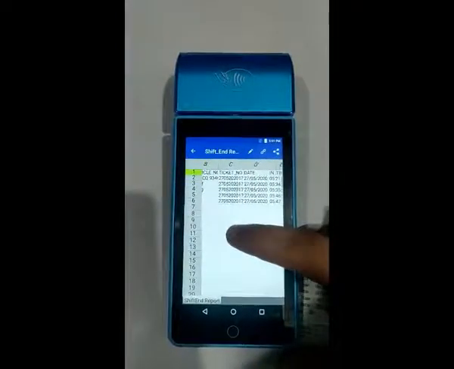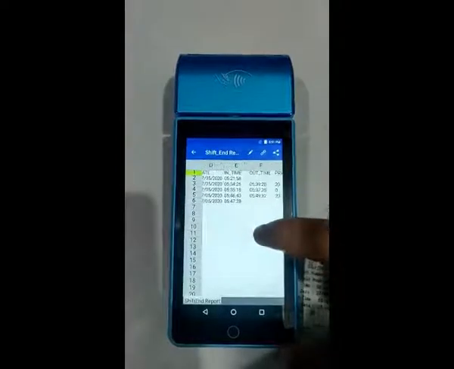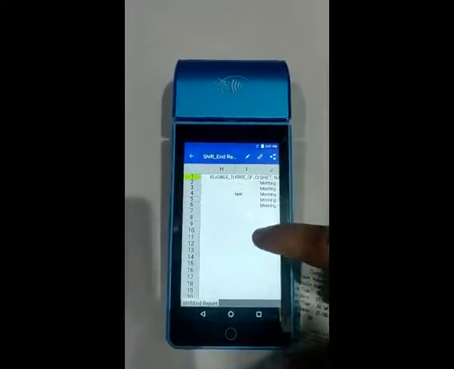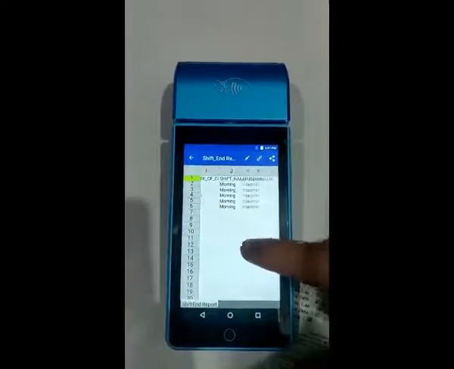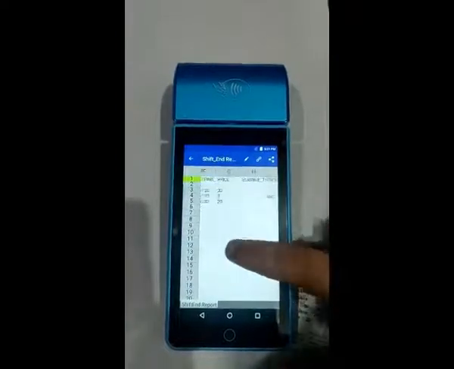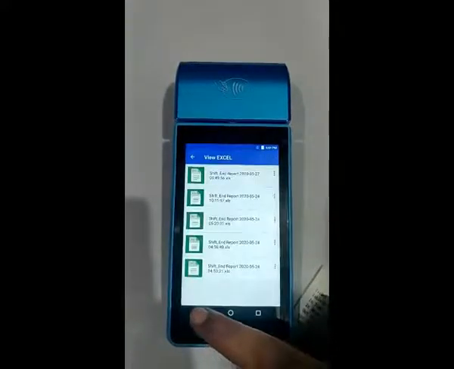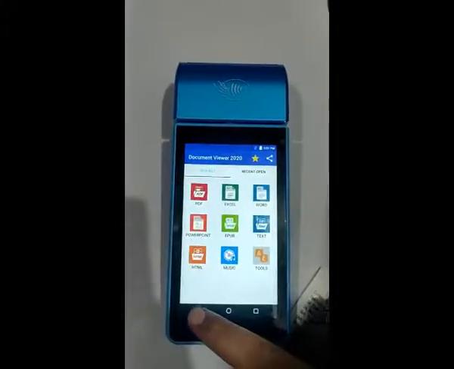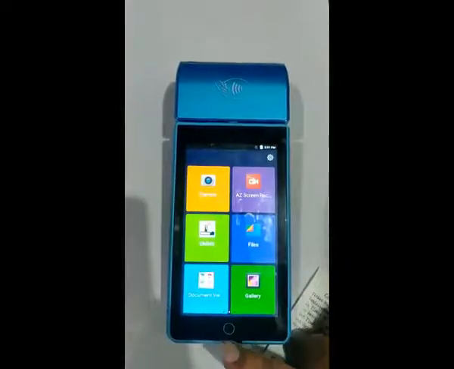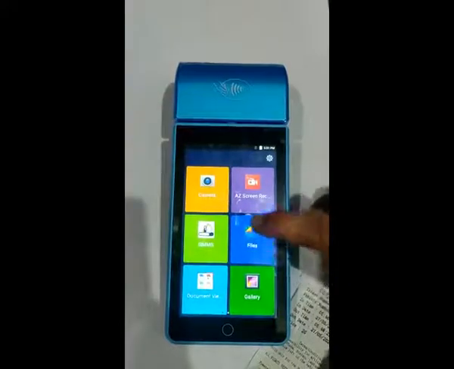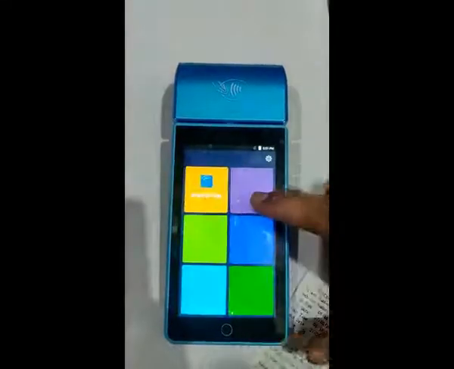You can see the ticket number, date, in time, out time, and whether the parking fee is applicable or not. So the complete history of the parking sales is available with you. This can be available in an Excel file, or it can be available in a PDF file. It's totally up to the choice of the user.